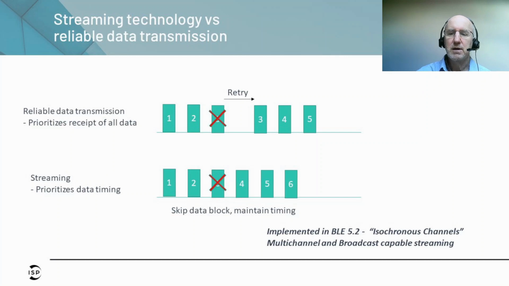And actually, the streaming services available are much more complete than they ever were for the classic Bluetooth versions. So you have multi-channel, so you can have multiple independent channels, so stereo or even more, Dolby 5.1 type transmissions, and you can also have one-to-many, so you can have a kind of broadcast capability. So one source can go to 2 end devices, so 2 people could listen to the same music on headphones.